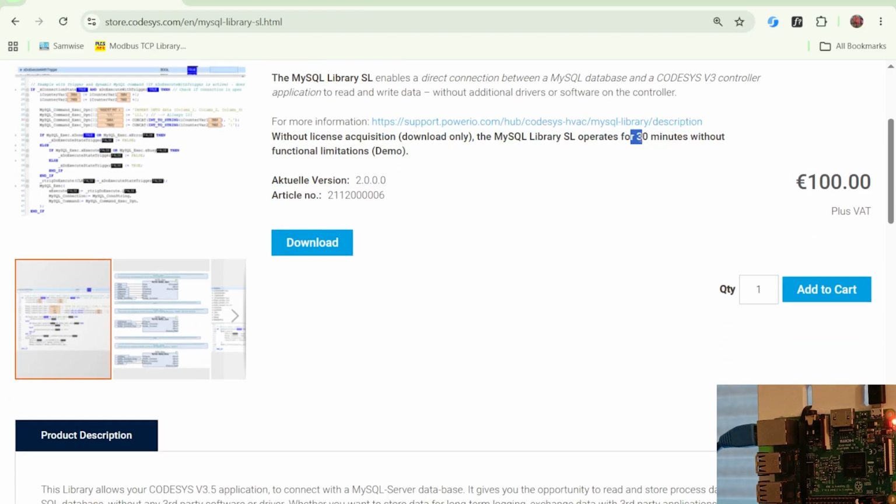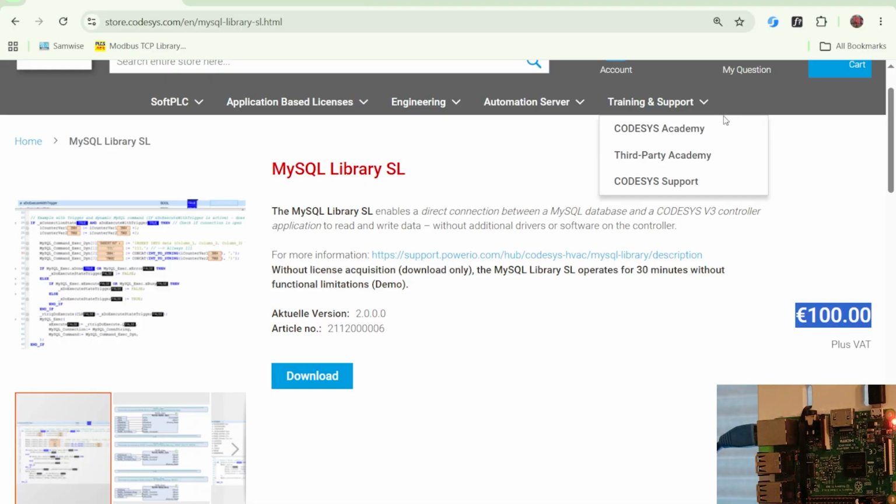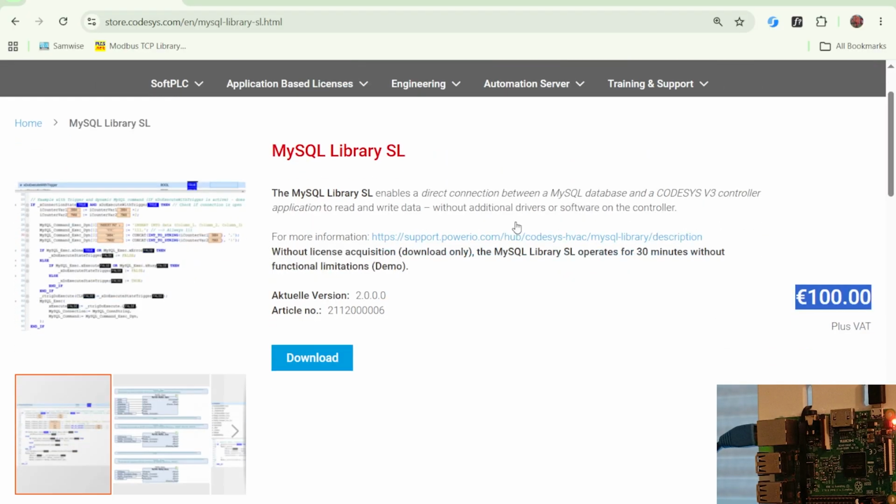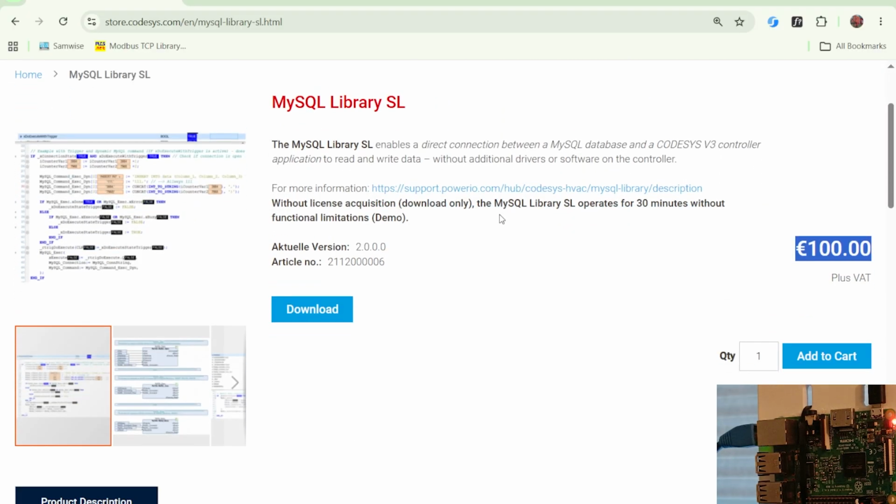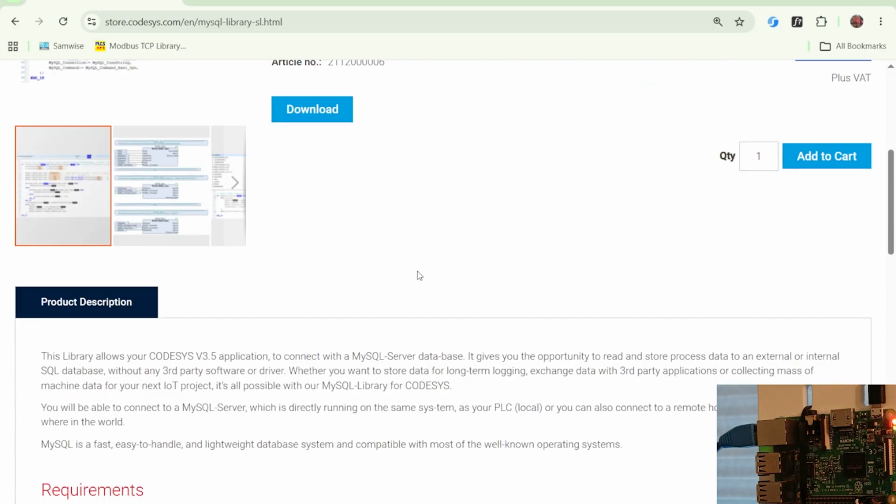It will run for 30 minutes and then it will stop, and then you can restart your runtime and it will run for another 30 minutes, stop, and then you can keep on rerunning it. And when you feel that you really need it, you can buy the license for 100 euros. So all you need to do is go to the Codesys store, log in. If you don't have an account already, create the account, log in,